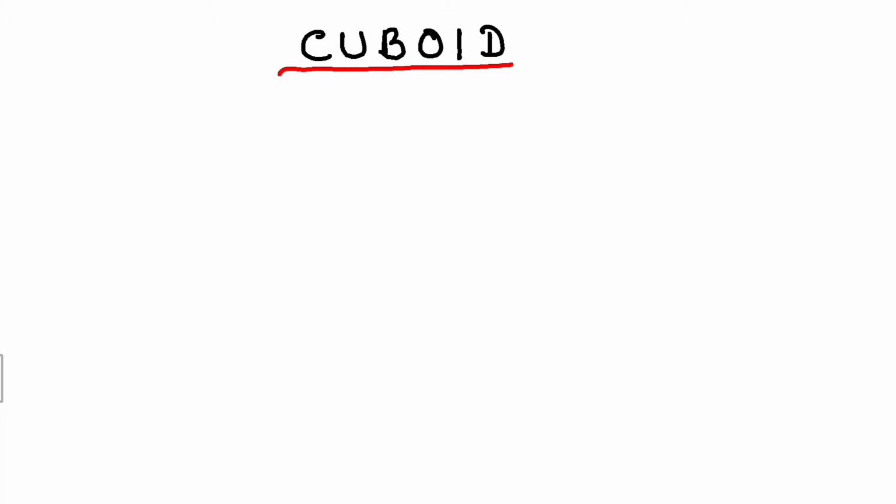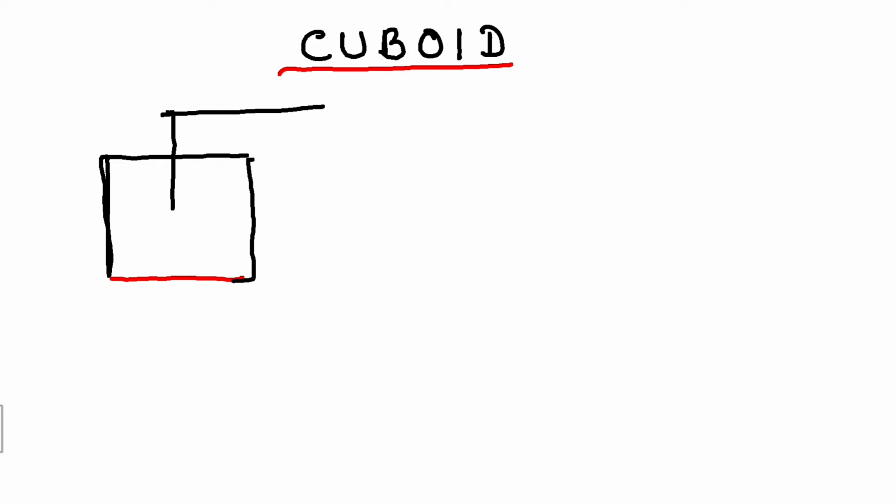We shall start the chapter surface area and volume. The first solid that you have to learn is cuboid. So typically a cuboid looks like this. Right, so that is a cuboid,